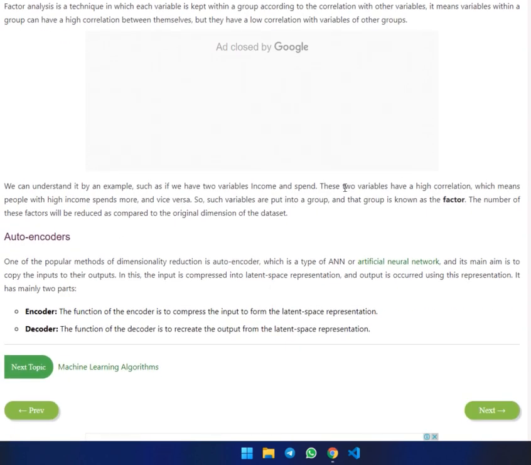We can understand it by an example: suppose we have two variables, income and spend. These two variables have a high correlation, which means people with a high income spend more, and vice versa. So when the variables are put into a group, the group is called a factor. The number of factors will be reduced compared to the original dimension of the data set.